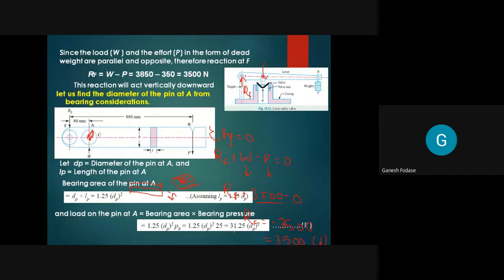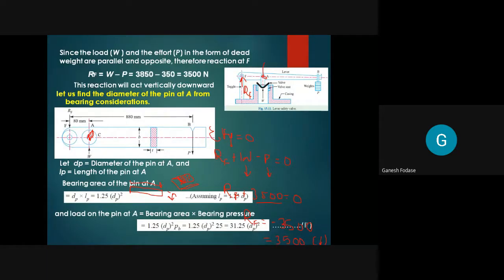How much load act? 3500. Sure? W na sir. 3850. 3850 or 3500. At A we are finding. You should think about it. Why 3850? Where you are finding? See, again diagram. It's very simple. Where I told you, where we are finding at A. So which load will act? This W. W is passing through A, so W will act.